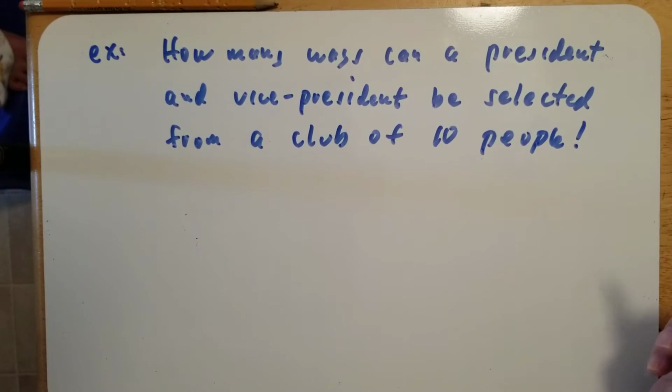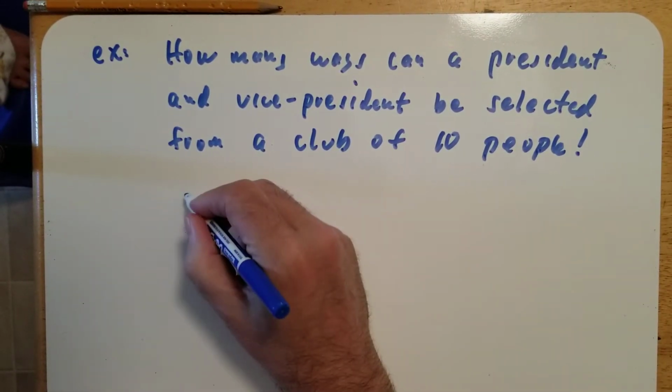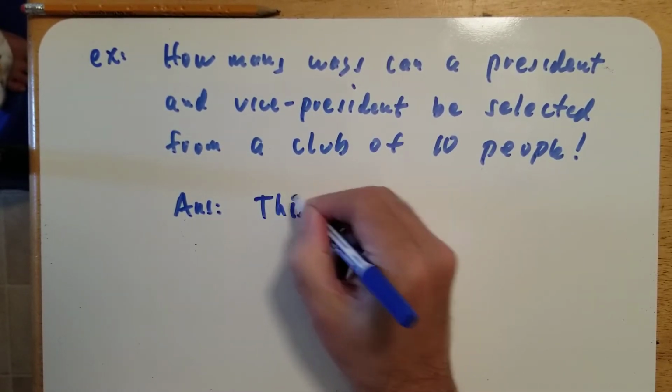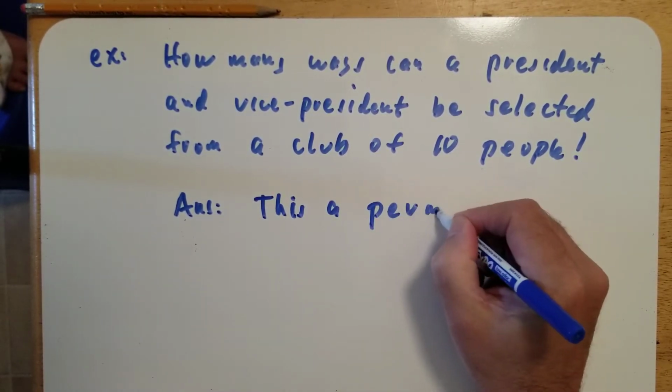This is an example of what they would call a permutation answer. Well, the answer is, this is a permutation